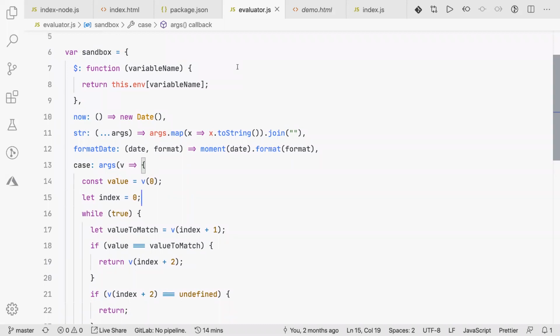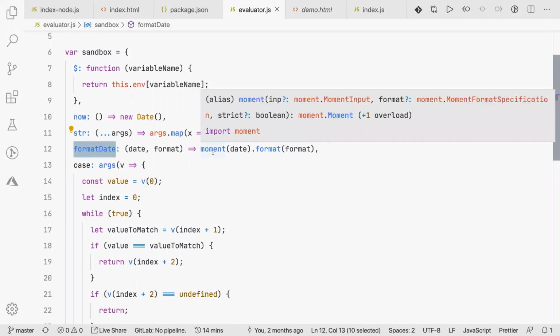Here I'm saying, if it is a dollar, get the value from the environment and return it. If it is now, it's a function, I'm just using the JavaScript date function. For format date, I'm just using the moment.js library. If we see all these things, we created our own new DSL.